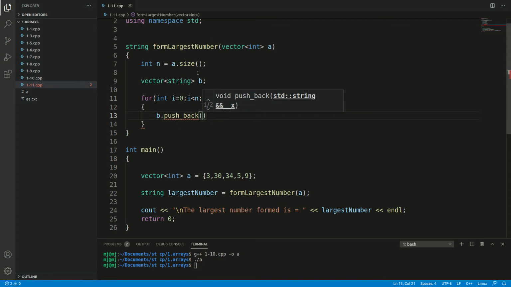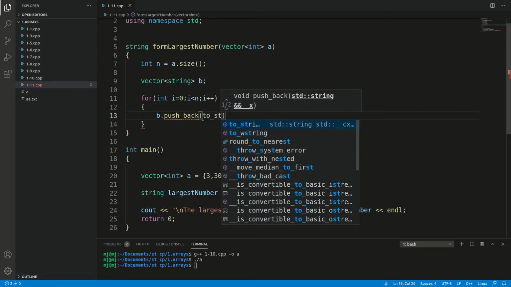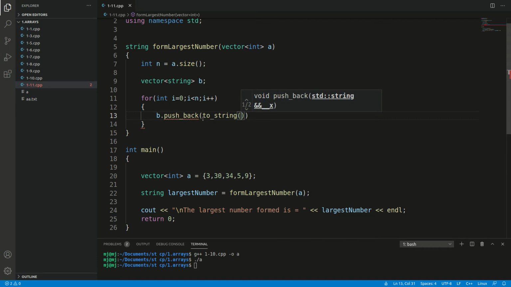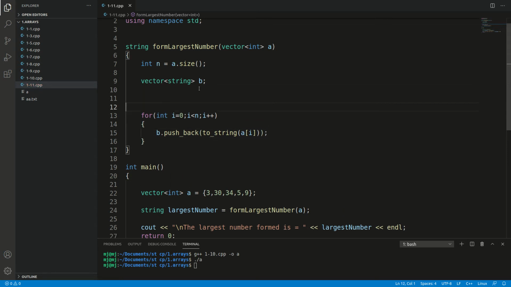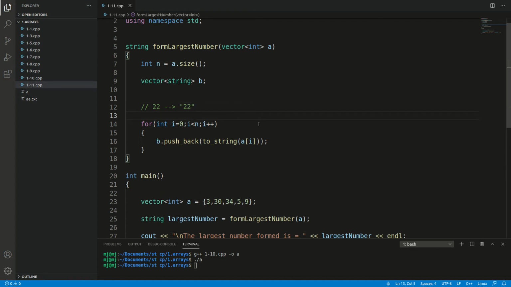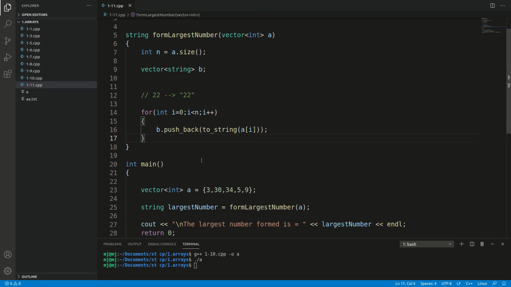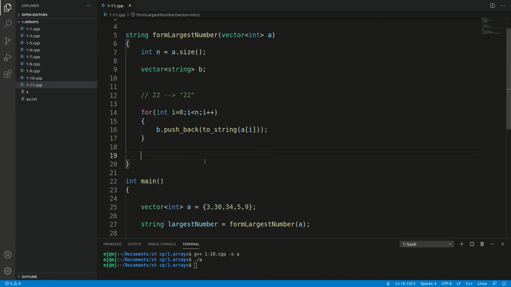The string form of each of the elements. to_string is the default method provided by the C++ library in order to convert an integer value to a string value. What does it do? It just converts 22 as a number to a string written as 22. This is a very convenient method, as you will see as we move forward.